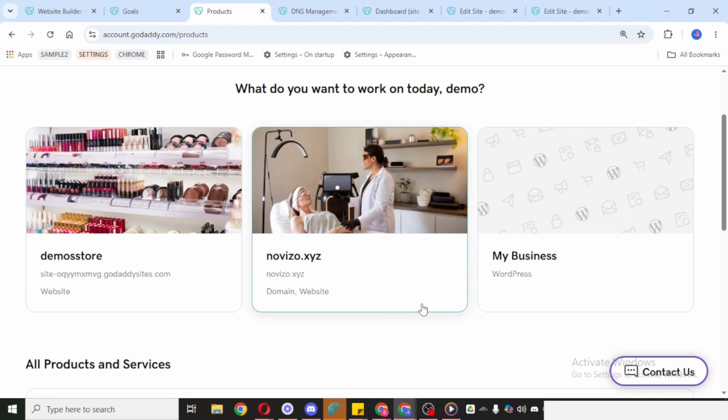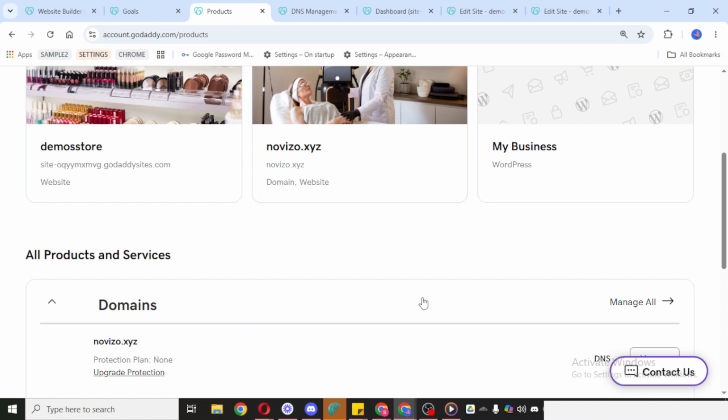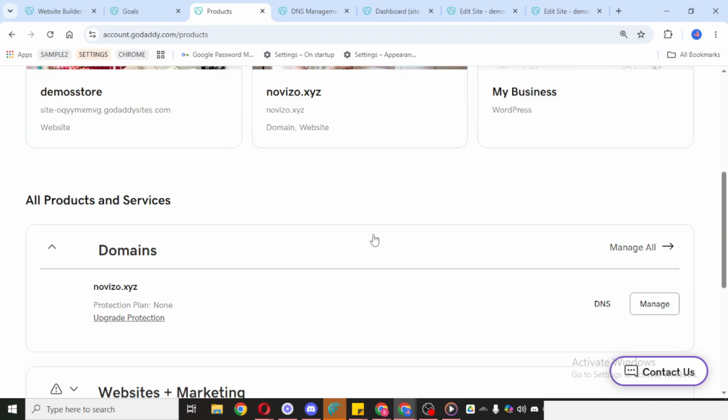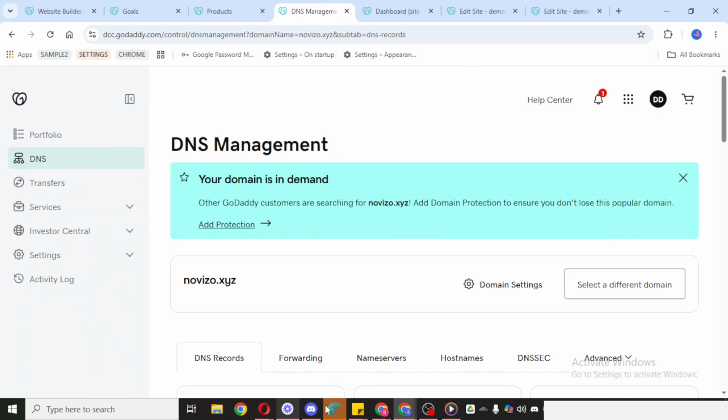Once the page loads, find the domain you want to work with and click on Domain. This will open the management area for that specific domain. Next, go to the DNS section. This area contains settings related to your domain, and from here you can continue into the transfer options. Take your time and make sure you're on the correct domain before moving forward, especially if you manage more than one. After that, click on Transfer.